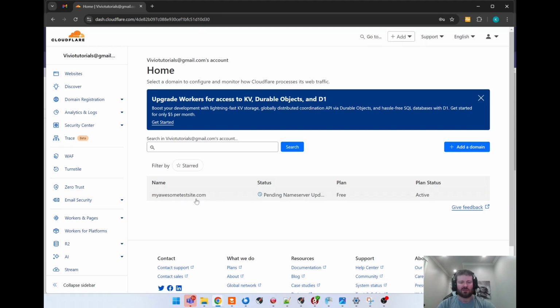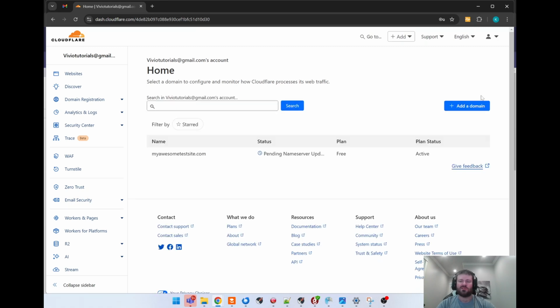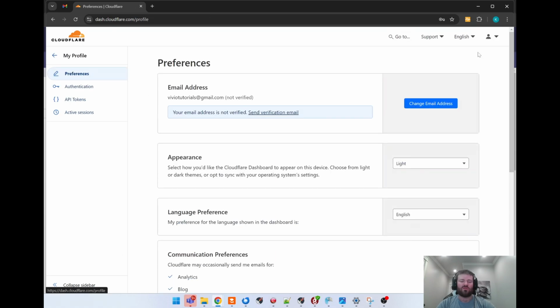So you can click on the domain here to manage it if needed, but what we want to do now is to invite our Viveo support team to your account. Before you do that, you need to come into your profile here and make sure that your email address for your account is verified. If you do not, then you're going to run into issues in the next step for inviting our support team, because this is required before you're able to invite anybody to your account.